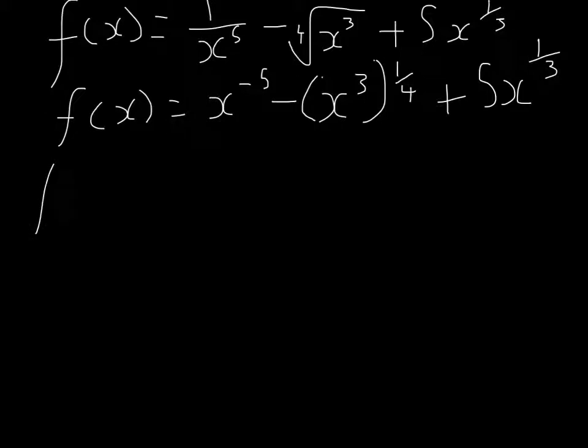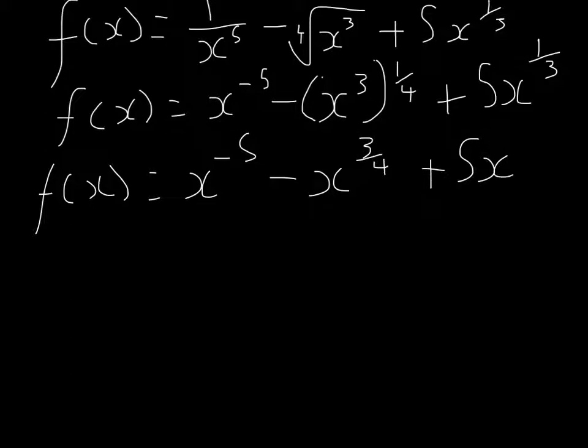Okay, next line. x to the power of negative 5 minus, and using our index laws again, we know that we multiply the power and the power together, so 3 times a quarter is simply 3/4. Plus 5x to the power of a third. Okay. Then we'll differentiate, so I'll write f dash x,